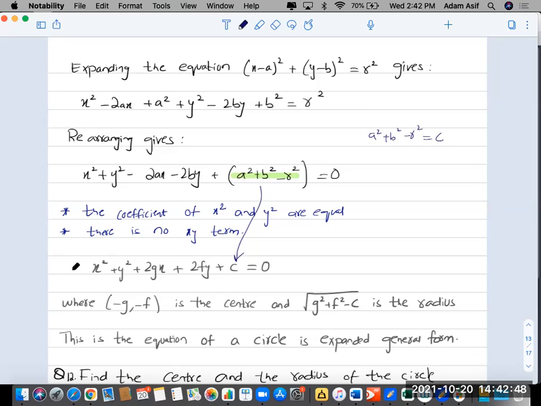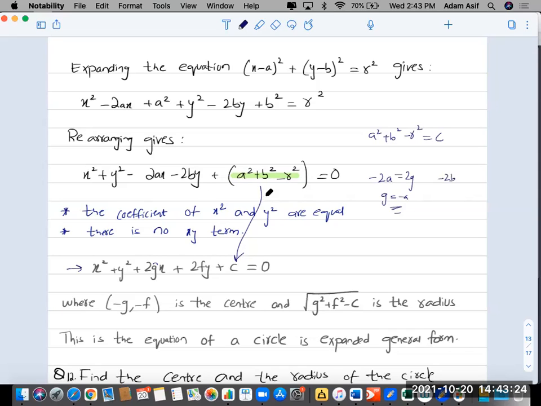So it's up to you. If you want to use this form, then minus g comma minus f is going to be the center of the circle. And so a was, see, देखो इस तरीके से इन लोगों ने compare किया, x coefficient is minus 2a, and over here they are replacing it with 2g. So what is g equal to? Minus a. ठीक है, इतना घबराने वाली बात नहीं है, ये फॉर्म मैं बताता हूँ किस तरीके से यूज होगी, बट अभी इस फॉर्म से ये कैसे कन्वर्ट करें मैं सिर्फ ये एक्सप्लेन कर रहा हूँ.